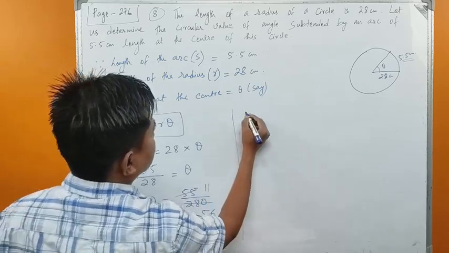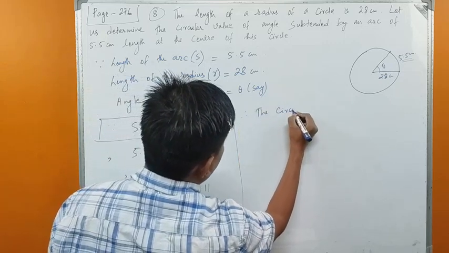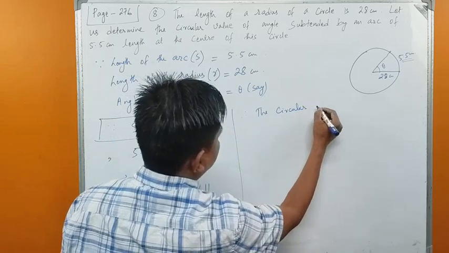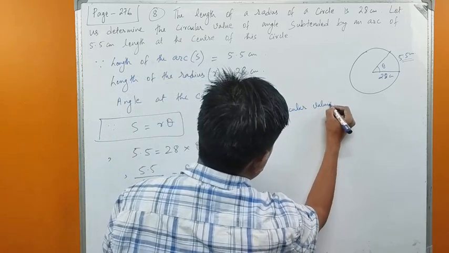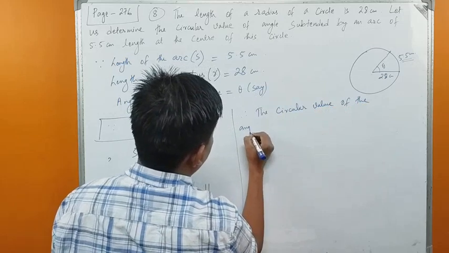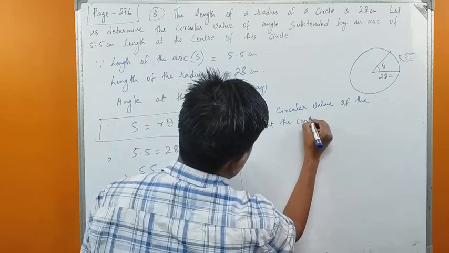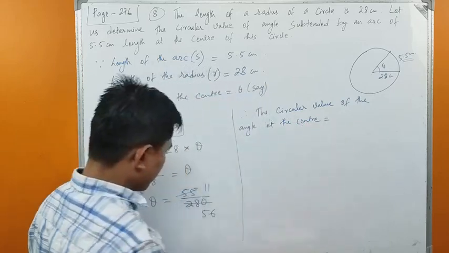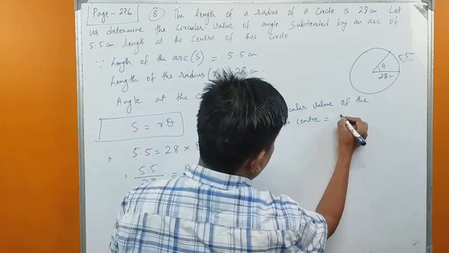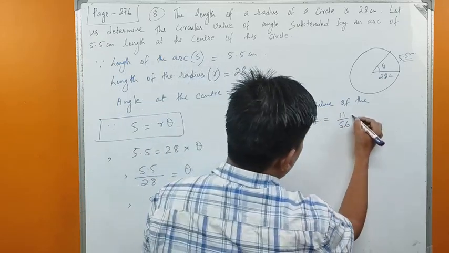Let me continue here. Therefore, the circular value of the angle at the center equals 11 upon 56, isn't it? 11 upon 56. Now we know that